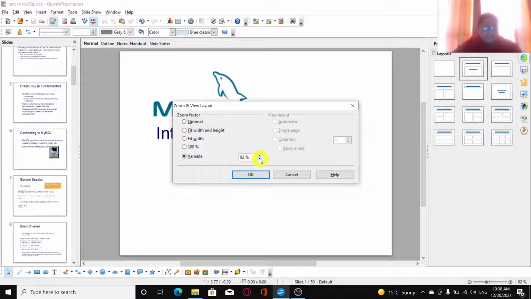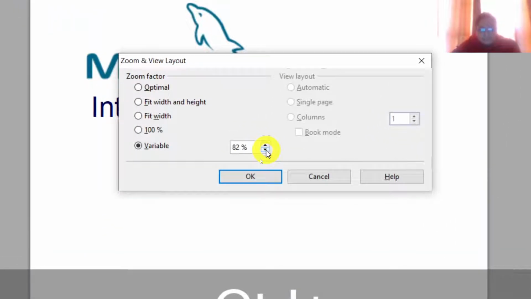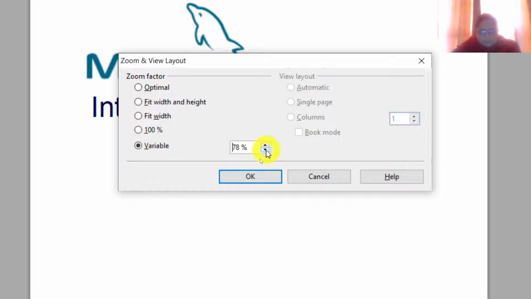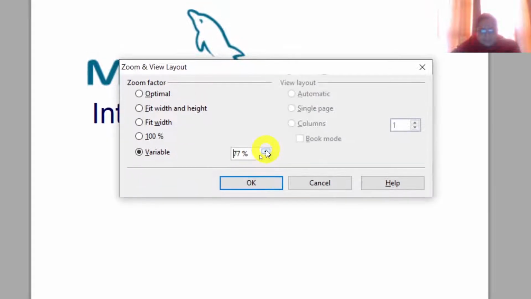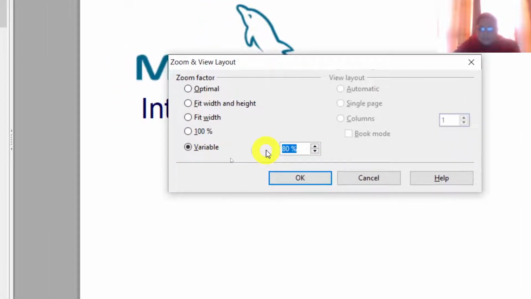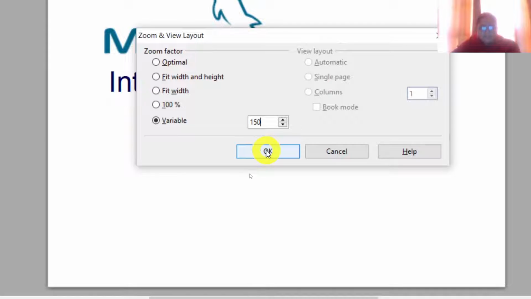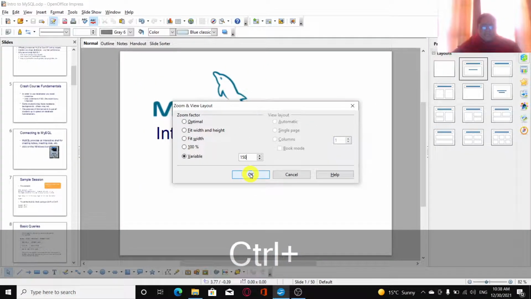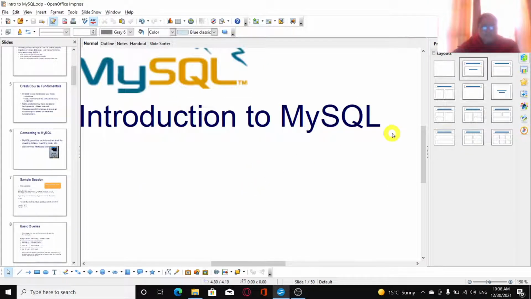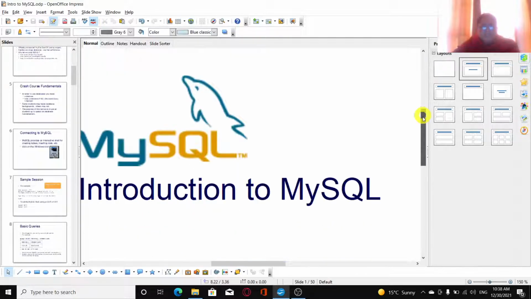You have some spinner buttons over here, as you can see. If you just click on these spinner buttons, you can decrease or increase the zoom level, and you can also type the required zoom level over here. Suppose I write 150 percent, and if I click on OK, you can see that the zoom level increases a lot.